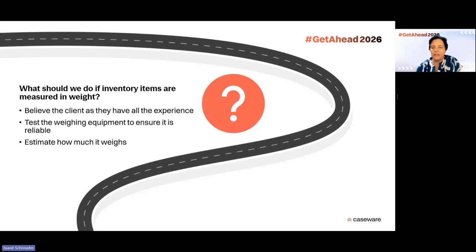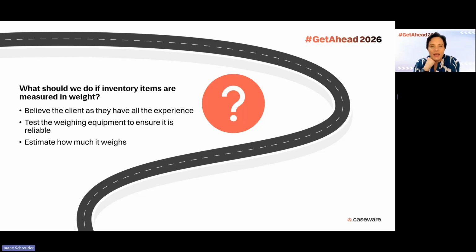So yes, absolutely, the answer here is you need to know that the weighing equipment that the client uses is in fact reliable. Now, whether you and I are going to test the weighing equipment, I don't know. Do you weigh yourself every morning and then go and climb on their scale? Sometimes it measures in tons. Sometimes it might be really, really small weighing equipment that I'm going to break the scale if I get onto it. So what we need to know is that the client has, in fact, calibrated their weighing equipment. So we need to know that they've tested that it weighs correctly. So we won't necessarily have to test it ourselves, but we will ask for evidence to see that it's been done. When last did you calibrate your scales? When last did you check that this thing weighs correctly?